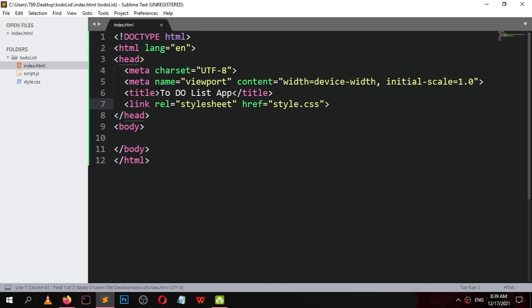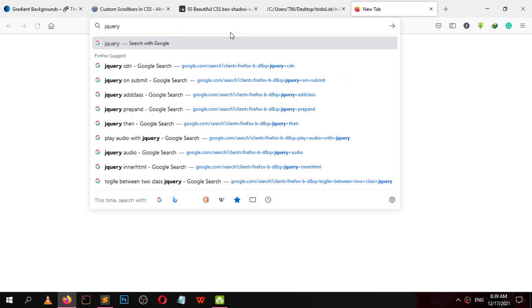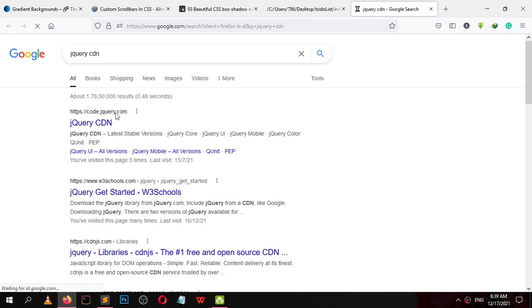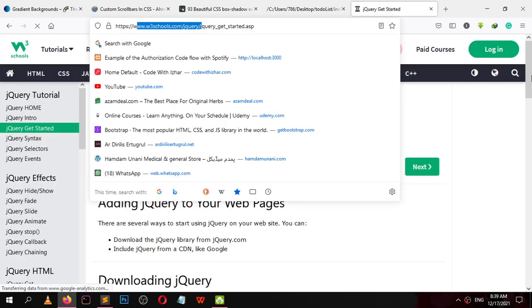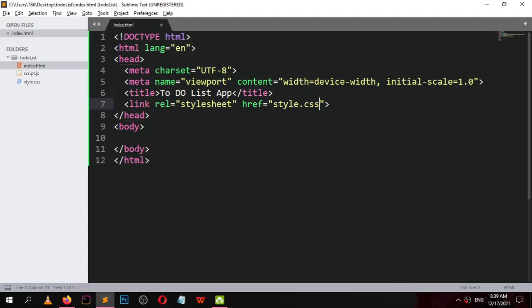style.css, and we need jQuery CDN. So search for jQuery CDN. Open this page by W3C School and copy this link and paste it here